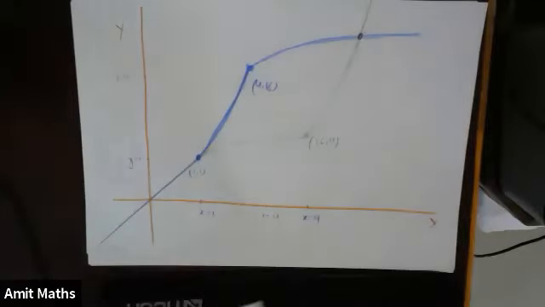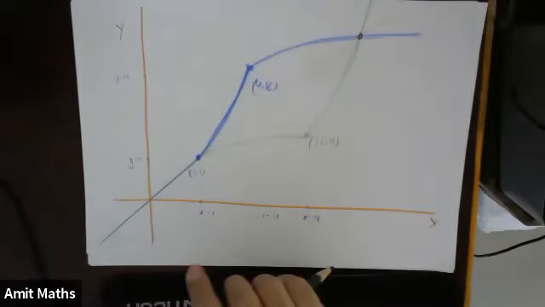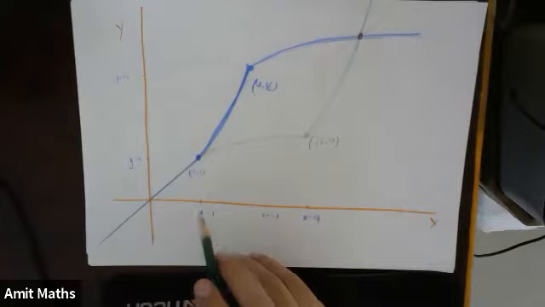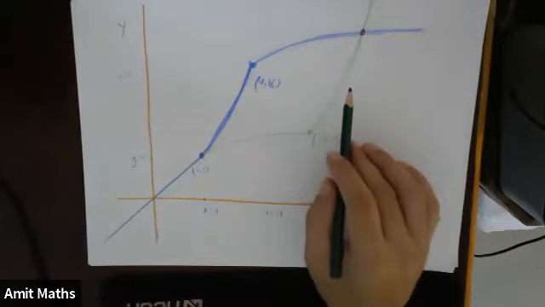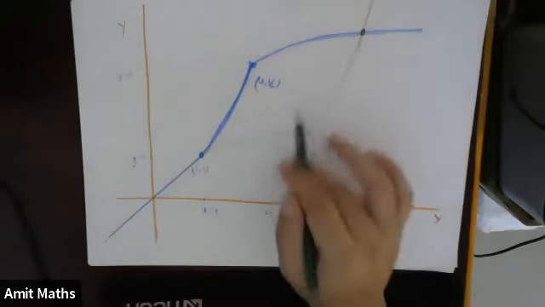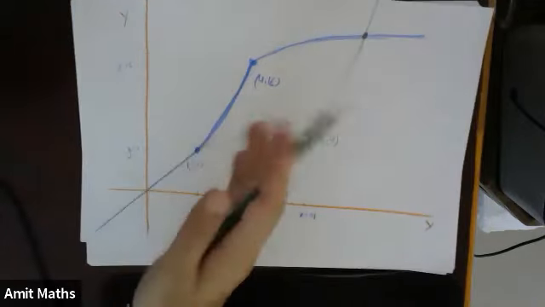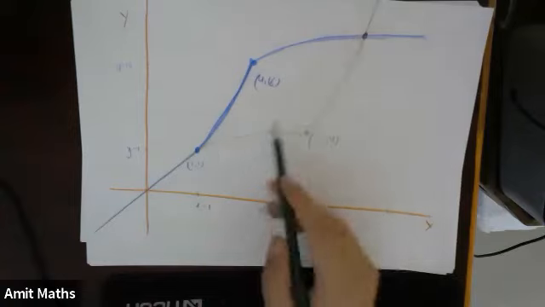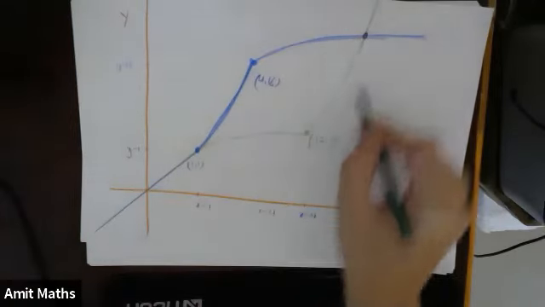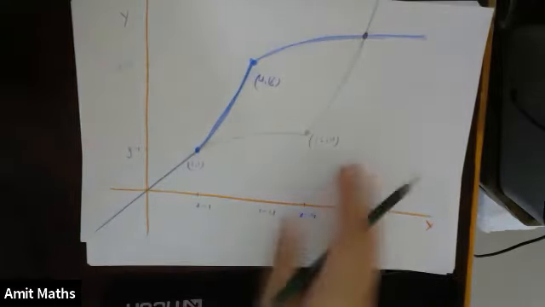Okay. So what we did, we first drew the graph of the original function f(x). When we have drawn the graph of the original function, how can we find the inverse function? We can simply use the curve y is equal to x, and we can draw the image. So the image will be something like this. So we know that approximately this will be the graph.